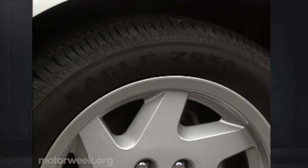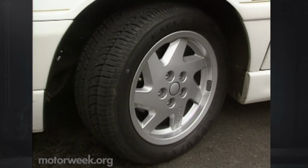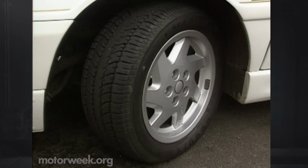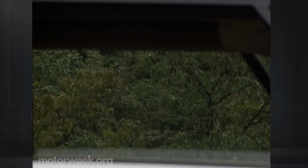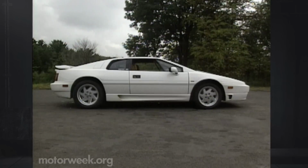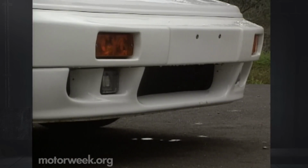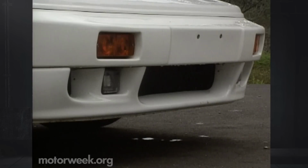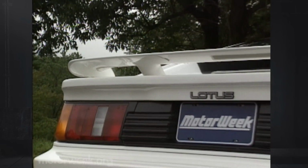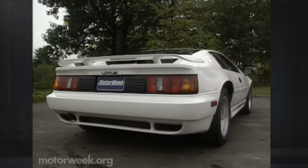The SE also gets suspension revisions. Front springs and calibrations have been changed, and the tires and wheels have been upgraded to specially designed Z-rated Goodyear Eagles, 15s at the front, 16s at the rear. The body gets its share of changes too, with side skirts and more pronounced air intakes, front ducts for the charge cooler, and a lower front air dam. A wing at the rear completes the package and takes its toll on what little rearward visibility the Esprit design